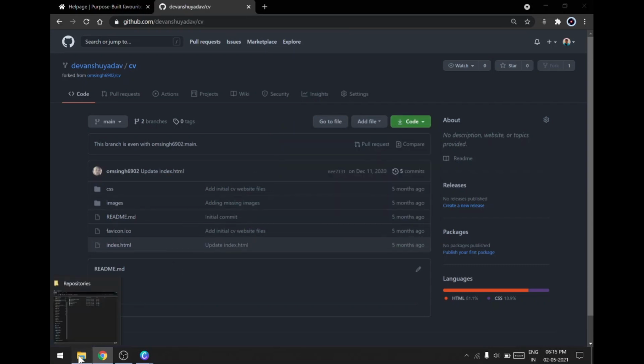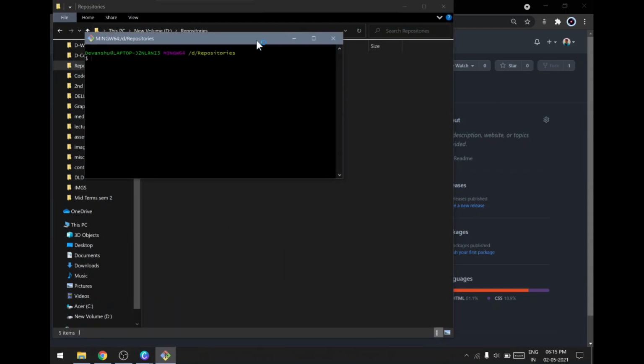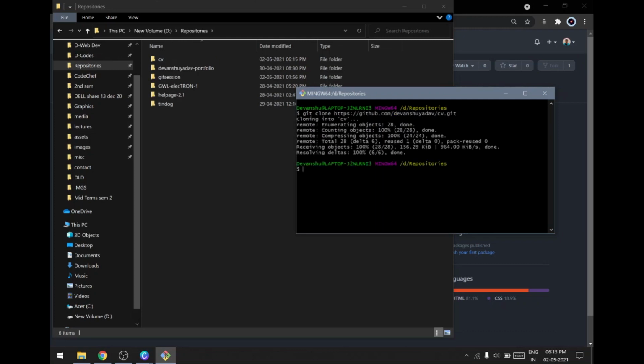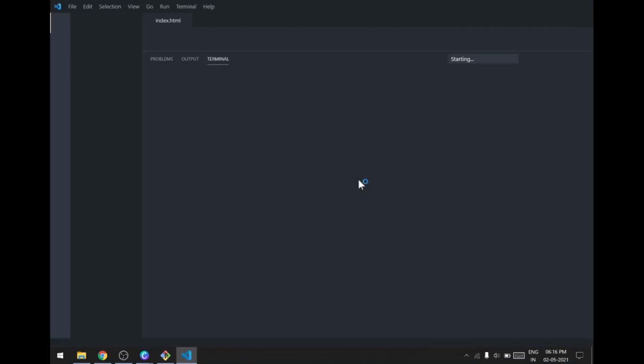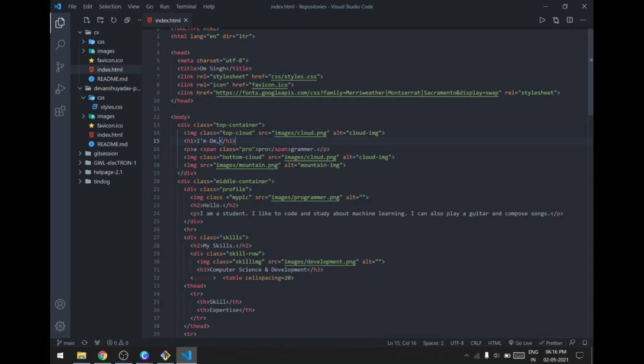Then I'll go to my repositories folder and I'll git bash here and I will use the command git clone and then the URL, enter. So now we have the CV project here. We'll open that in the text editor. So we'll make the change that we also made previously. We'll add the surname